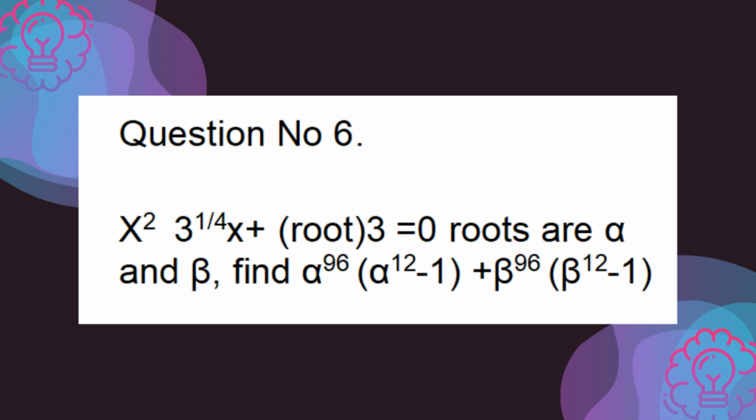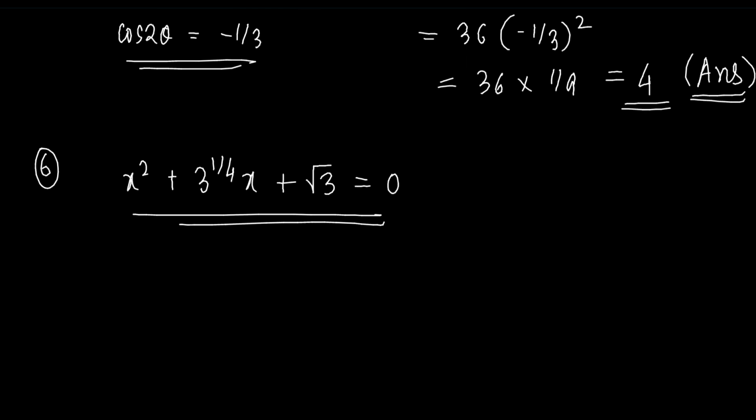So I'm doing this. It is given that (x squared + 3^(1/4)x + √3) = 0. So from this, if we want to find x by Sridhar-Acharya, that is applying the Sridhar-Acharya formula, we can write that here x will be equal to minus b. So here minus b means what? Minus 3 to the power 1 by 4, plus minus root over b square.